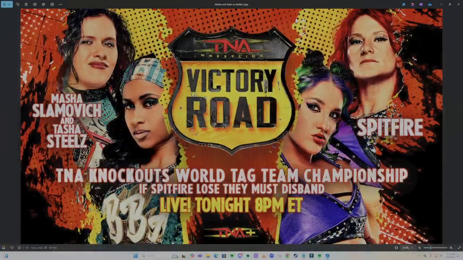Alright. Let's go on to our next match. This is our next title match. Here we go. So, we had the TNA Knockouts World Tag Team Championships on the line. Was supposed to be Masha Slamovich and Alicia Edwards, but due to Alicia Edwards being out with a neck injury, Tasha Steelz stepped in as the replacement